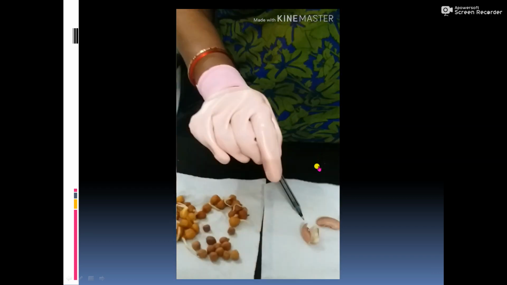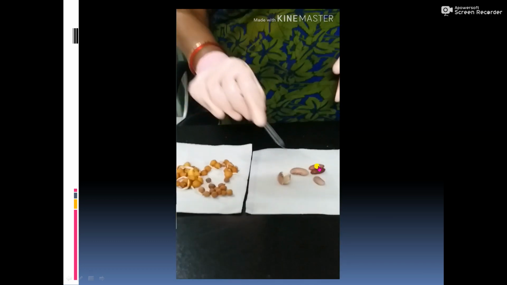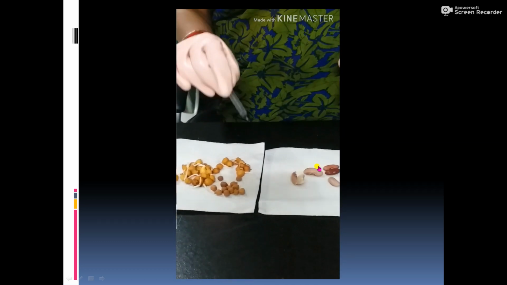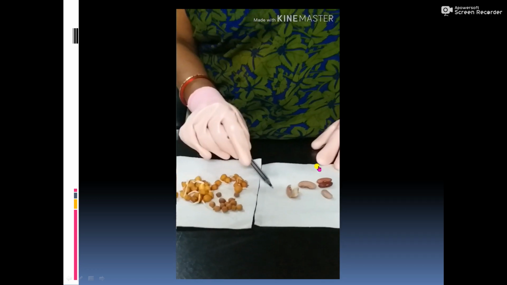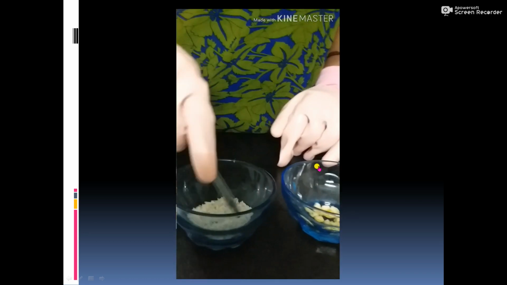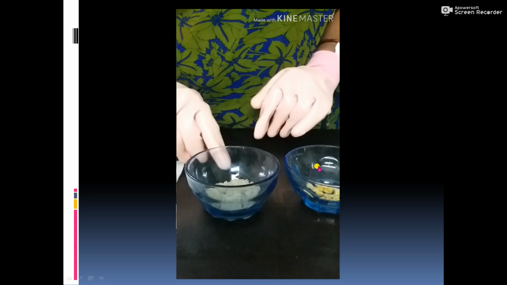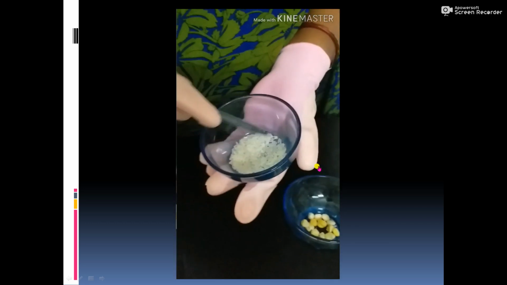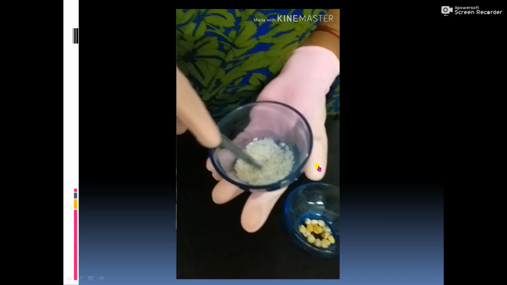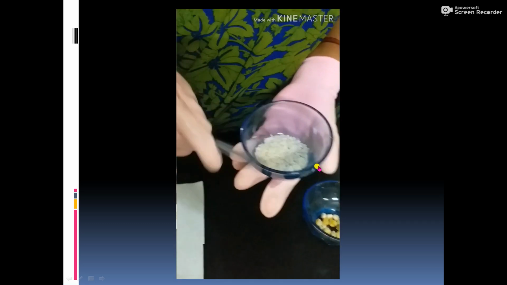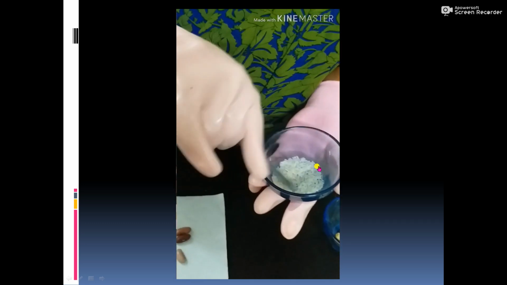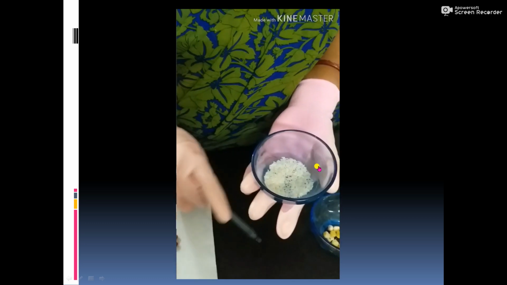It means these seeds are dicotyledons, containing 2 cotyledons, also known as seed leaves. Now see here. Rice, every day you are taking in your lunch. So what are you watching here? Here is rice, and rice cannot be split into 2 equal halves. You can do it at your home properly. So this is monocot. Mono means 1. Only 1. So monocotyledons contain only 1 seed leaf or cotyledon.